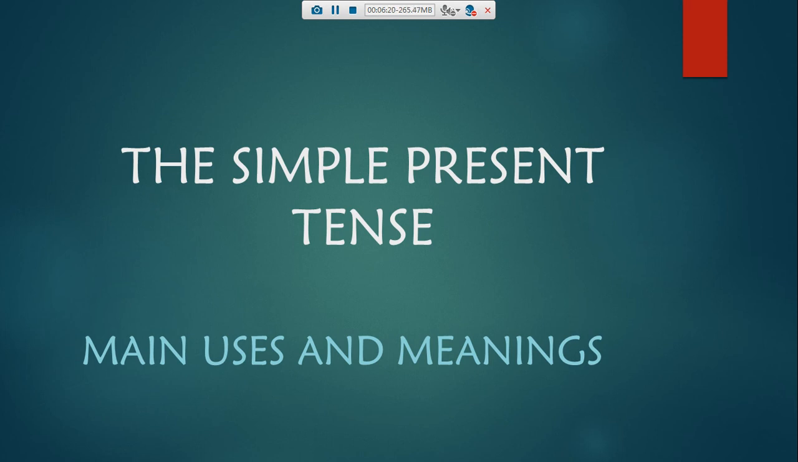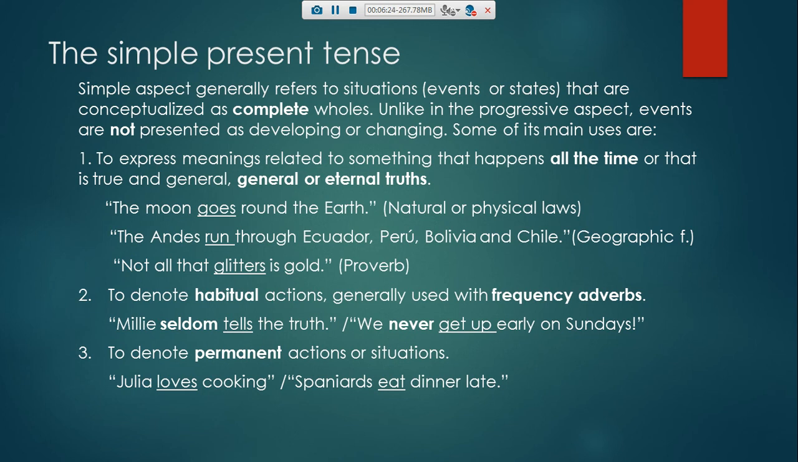Let's move on to the main uses and meanings of the simple present tense. Simple aspect generally refers to situations, events, or states that are conceptualized as complete wholes. Unlike in the progressive aspect, events are not presented as developing or changing in the simple present tense. Some of its main uses are: